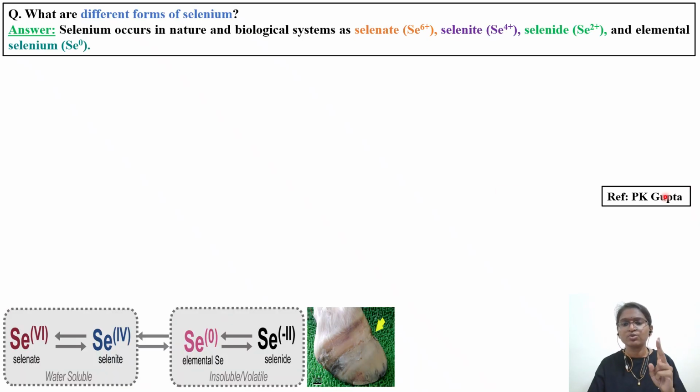So two slides I have discussed with respect to PK Gupta. So people, you can also read PK Gupta to understand in very simplified language. Very good books are written by this particular author. So first we'll see what are the different